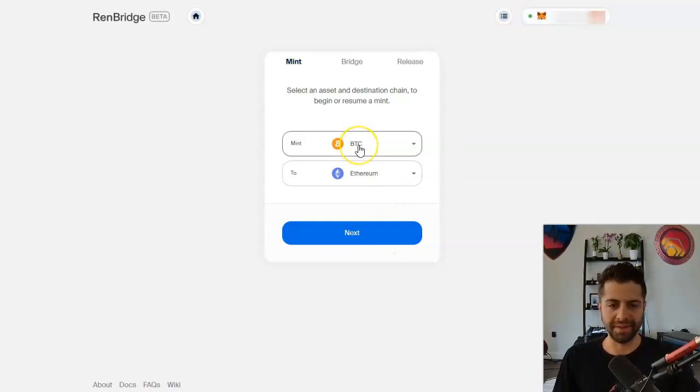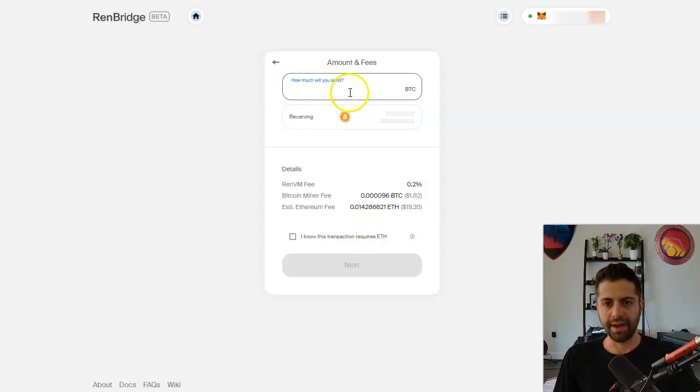And remember, we're going to be minting REN BTC on the Ethereum blockchain by sending in the Bitcoin that we currently have. So click next. And how much are we going to be sending? Well, on my old Electrum wallet, I found a very small amount of Bitcoin, about 0.003 Bitcoin. And in today's prices, that's about $57. So not much, but I'm just going to send for a test run 0.001 Bitcoin. And I'm going to be getting back 0.0009 REN BTC